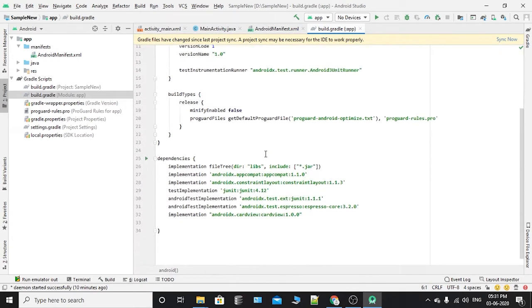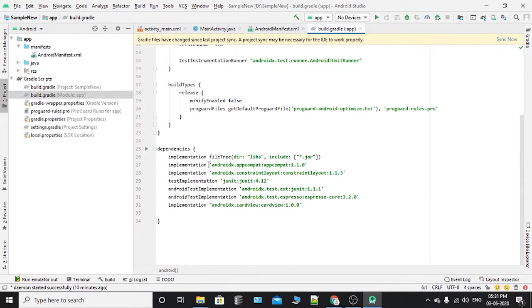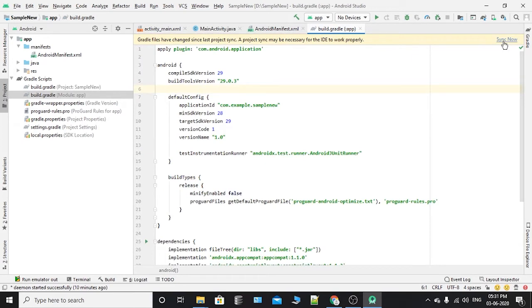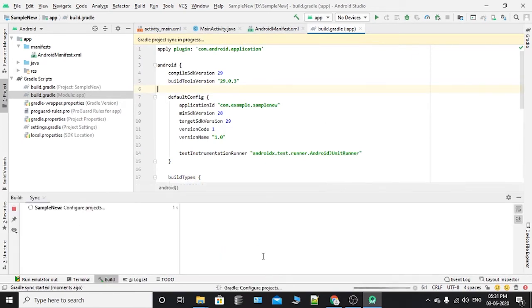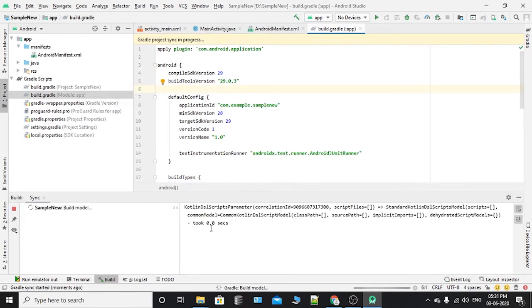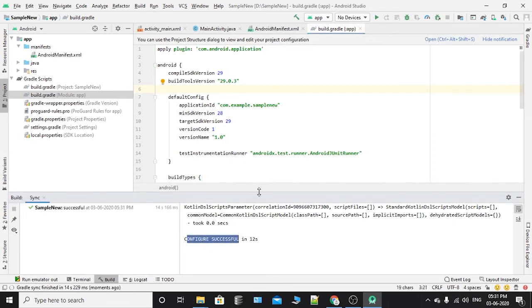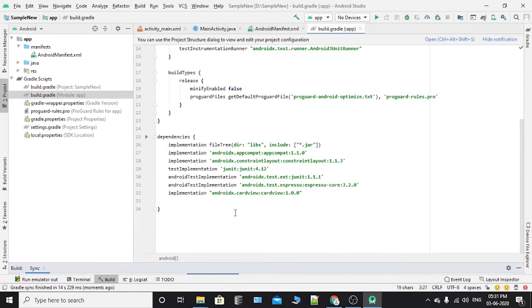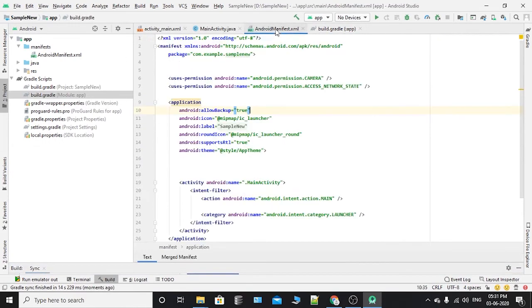Okay. So if you change anything in this file, you need to sync it. You can find messages here. If the build Gradle is a success, you can go ahead. Otherwise, you need to fix it. See, configure successful. So everything is fine with this file. These are the two important files.